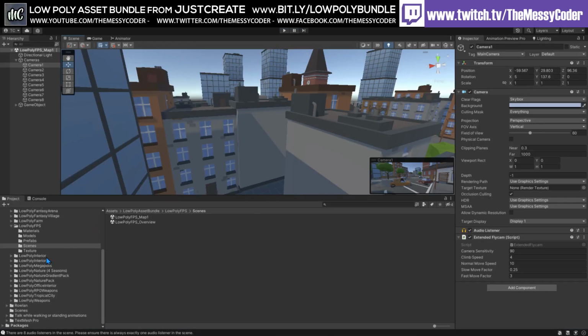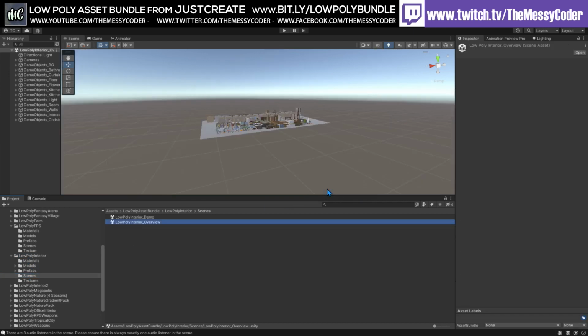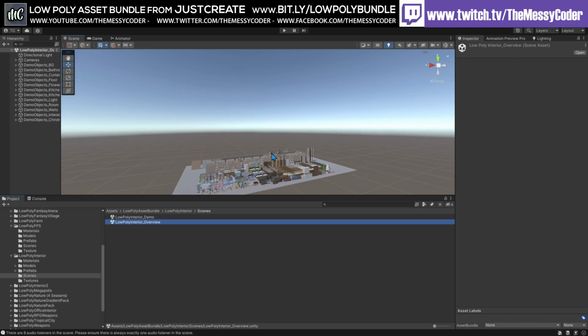Let's go into the interiors. We've got interior 1, interior 2, and then we'll have a look at the nature ones. So we'll do interior 1, interior 2, and office interior, and then we'll do nature, and then we'll end on the weapons. So if I go to the first interior one, we have a look at the overview, and we see that we get over here, let's go maximize,